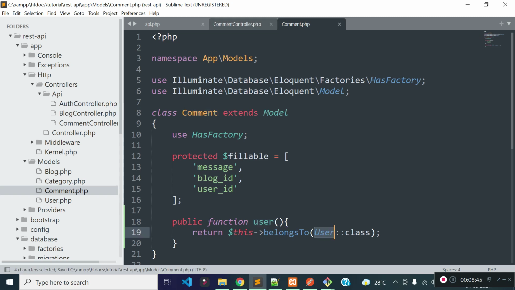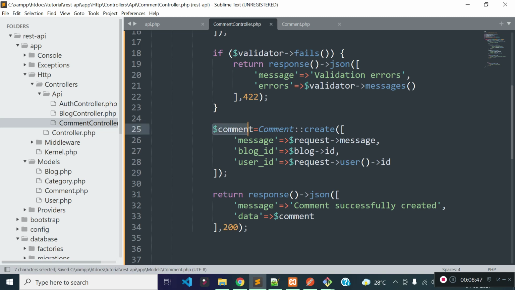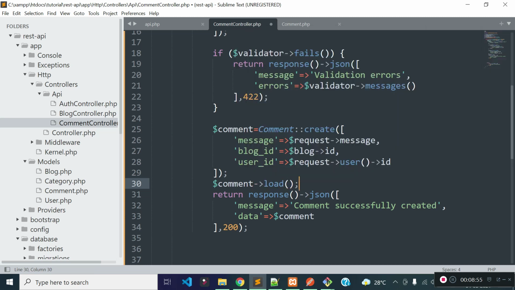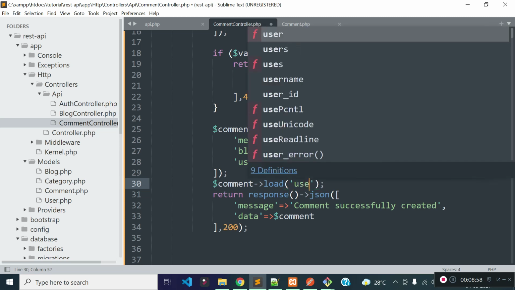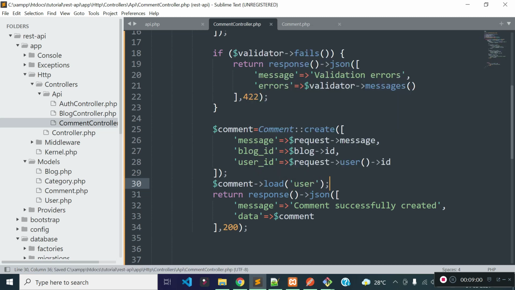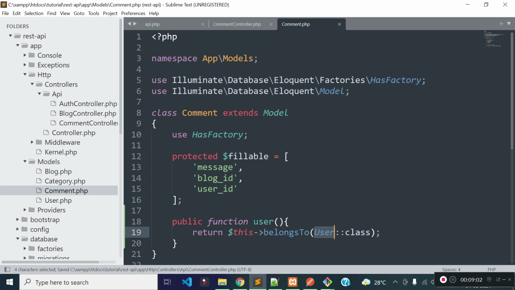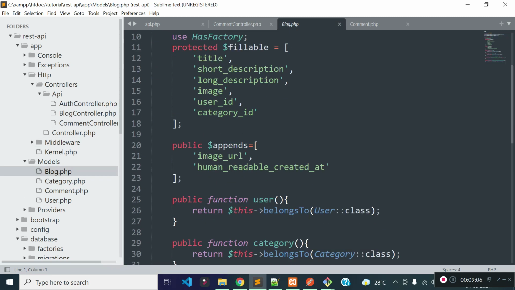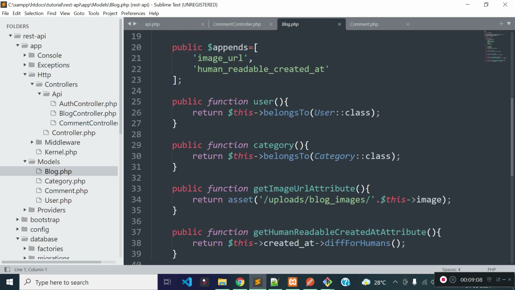Then we can load user data for this comment, and I am going to add another key to our